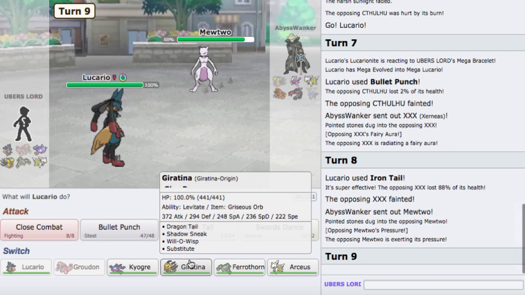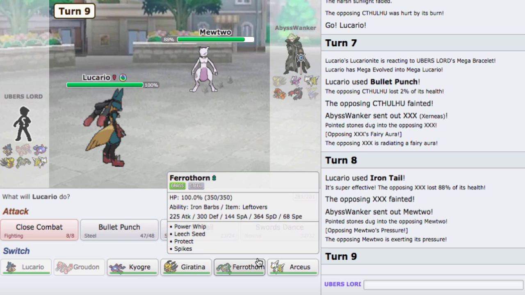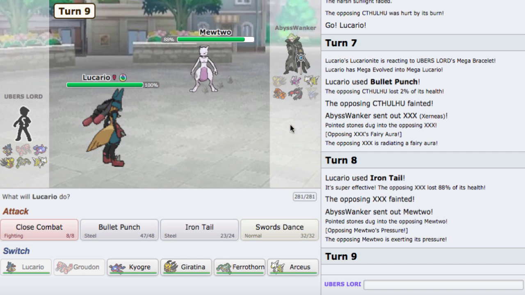Into the Mewtwo. Okay, so I can go here into probably Giratina. No, I want to save Giratina. Definitely want to save it. I don't really need Lucario anymore, right? I don't think I need it anymore. Like, what do I need it for? Maybe the Groudon, I guess, to revenge kill later, but...